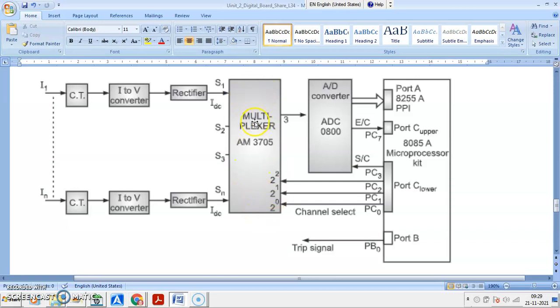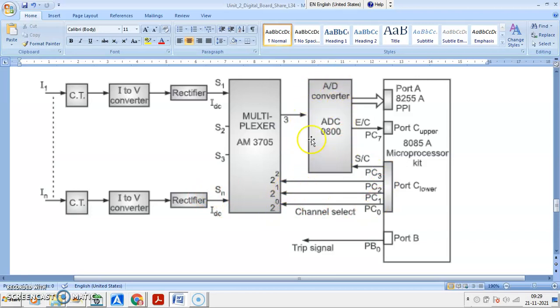Then you are having the multiplexer, demultiplexer, which you have studied. Multiplexer means one into many or many into one. So you are having many inputs, you will convert into one input to the analog to digital converter, because this is an analog signal that needs to be converted. These are the output ports PC0 to PC3, the channel selector.